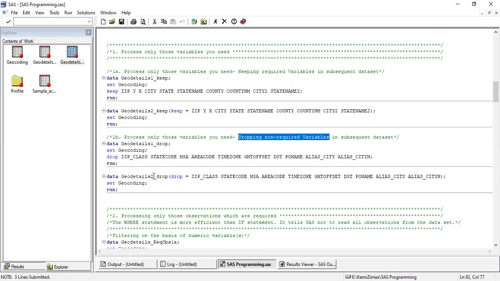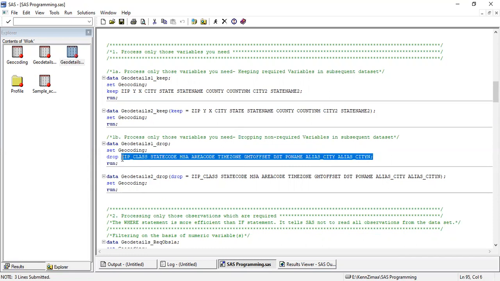So what I have done here is, out of those 21 variables, we decided to drop 11 variables. At the top, we decided to keep these 10 variables, so that means we decided to drop 11 variables. So I am doing things differently here with a drop statement. All these variables we actually wanted to drop. The way of writing is pretty similar to the keep statement.